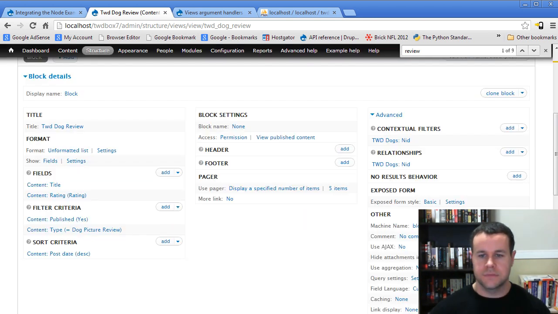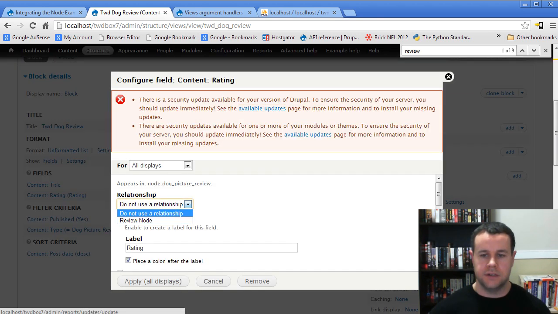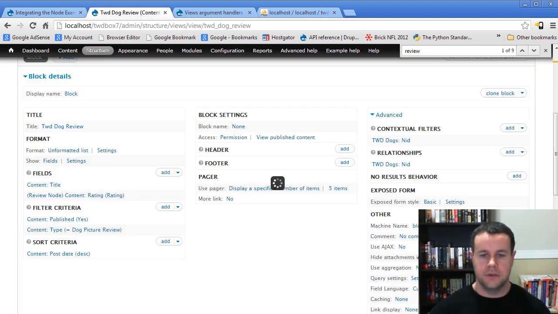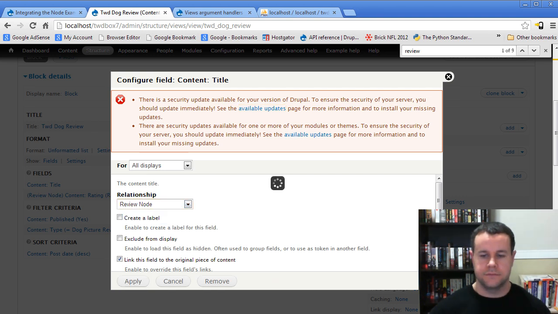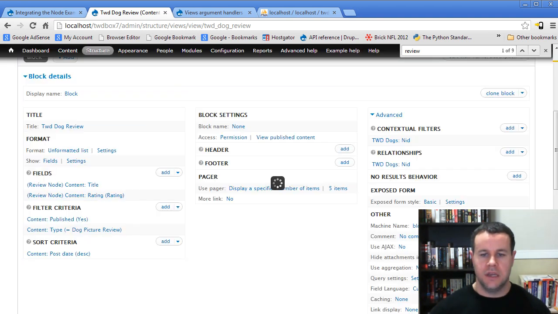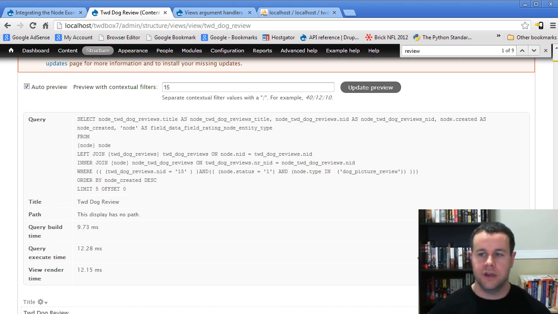So we're good. Okay, and so for content rating, this should actually use the relationship. We'll apply that. Title should actually use the relationship, so we'll apply that. And the reason why we did that was because originally this was the content title and the content rating for the node in the base table. The base table is the actual dog image that we're looking at. We want to get information for the reviewed node, so that's why we created this relationship here. So again, now if we go ahead and we update the preview,